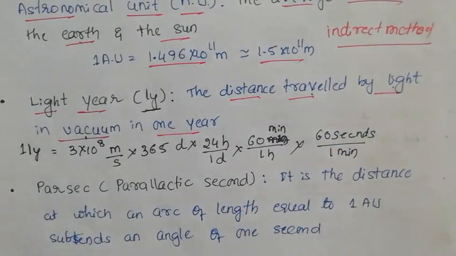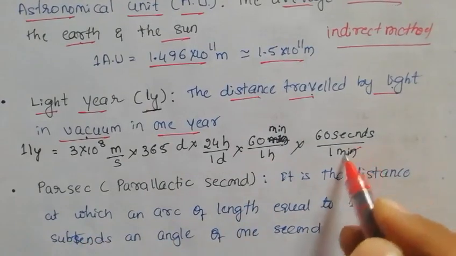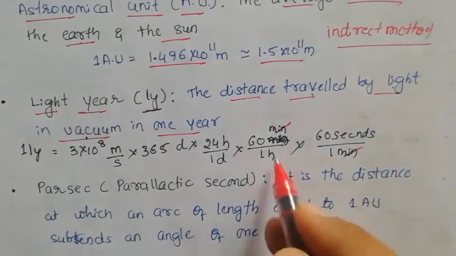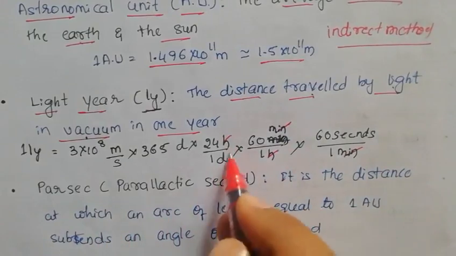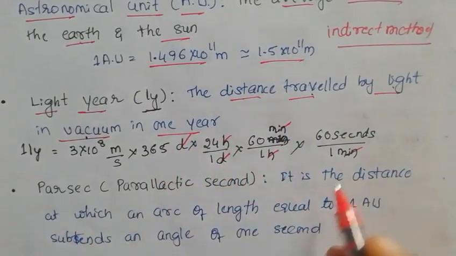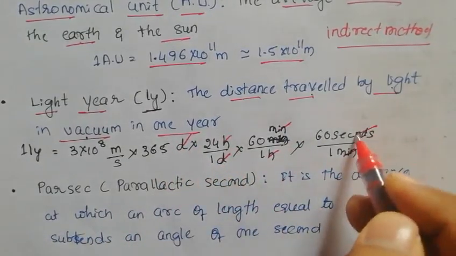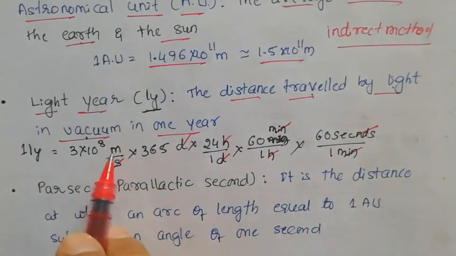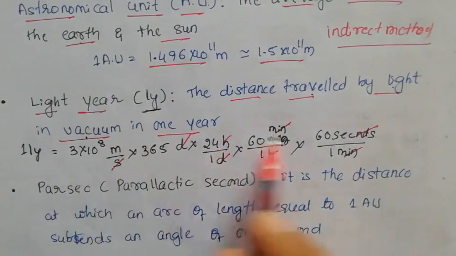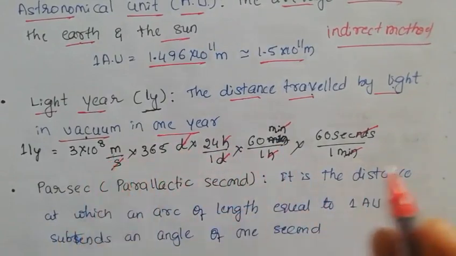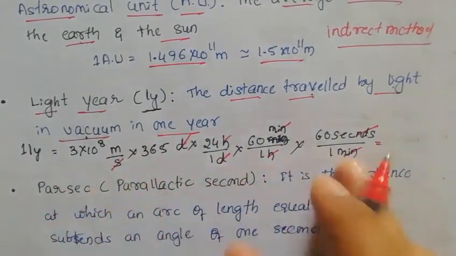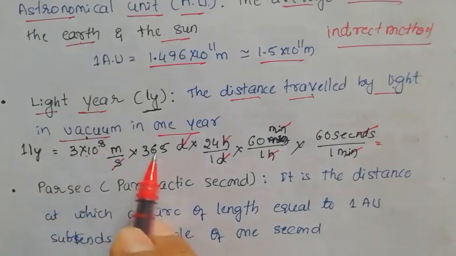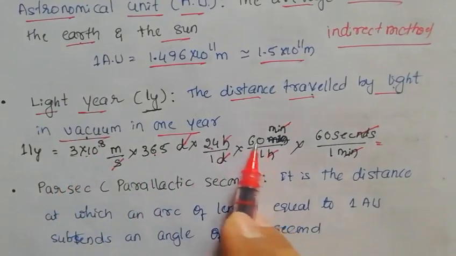Now tell me what will happen. Minute and minute are cancelled. Hour and hour are cancelled. Day and day are cancelled. The numerator second and the denominator second are cancelled. What is left now? The unit meter is left. Now if you multiply all these things, 3 into 10 power 8, 365, 24, 60, 60,